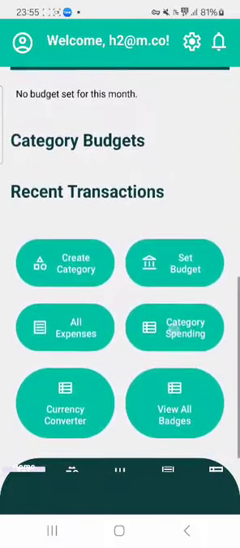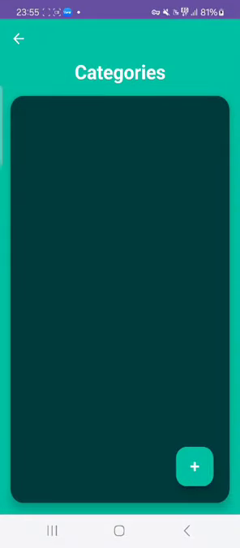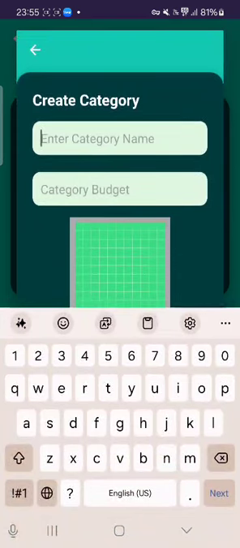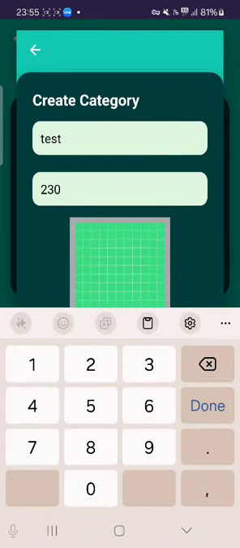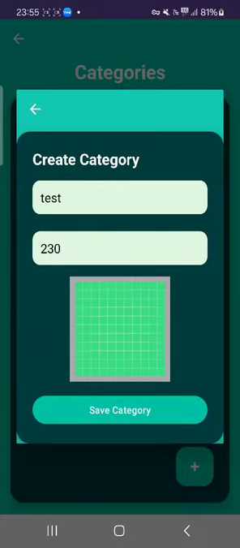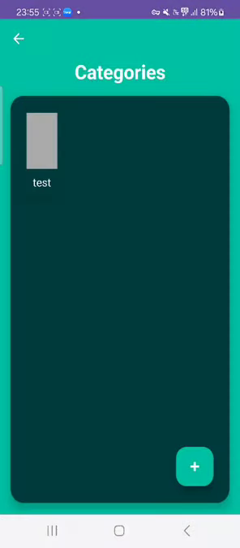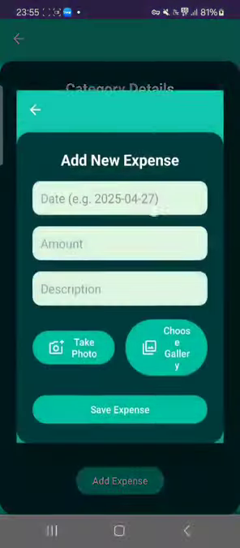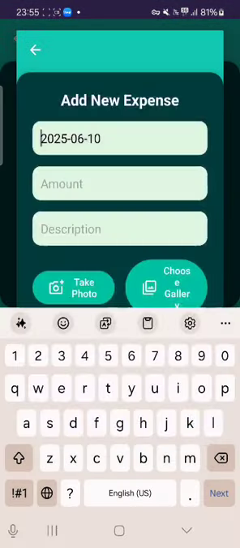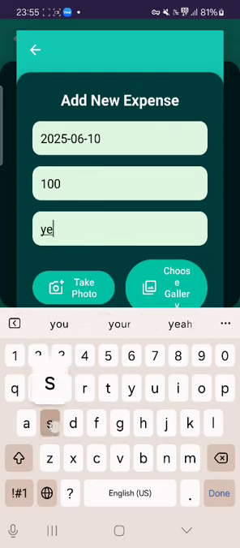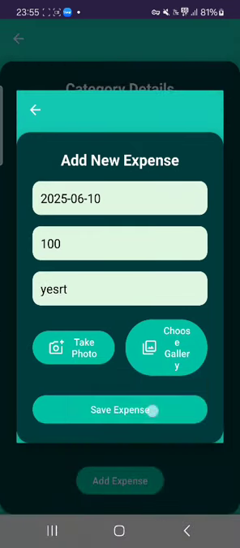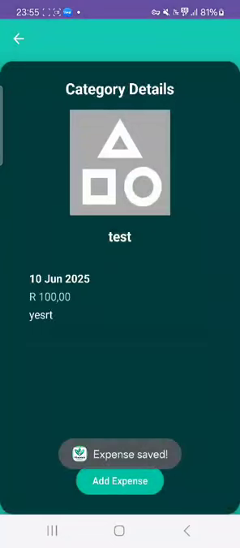So when the new user adds an expense entry for the first time, let's just add a new category, for example test, and the budget for this category is 230. We add our first expense under this category, and let's say it's for 100, which is under the budget of 230. And then when we save this expense, then